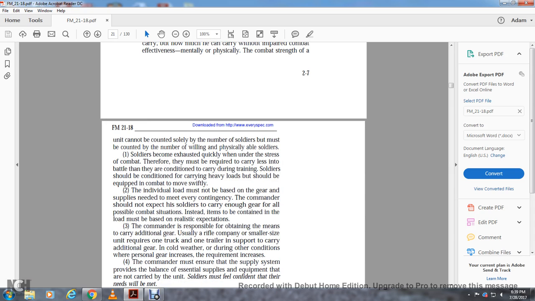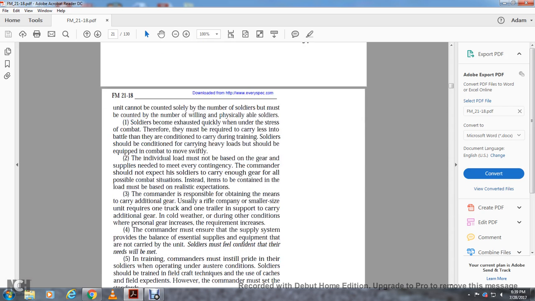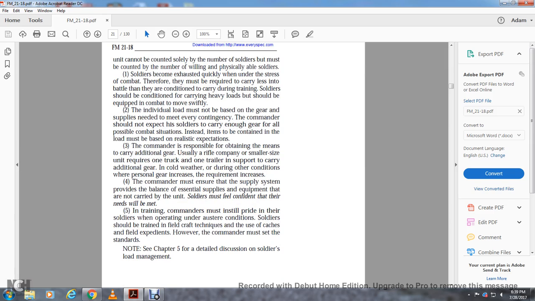Soldiers become exhausted quickly under the stress of combat, therefore they must be required to carry less for battle than the loads they carry during training. Soldiers should also be spared from carrying very heavy loads so that they can move swiftly in combat. The individual load must be based on the gear and supplies needed, but a commander should not expect his soldiers to carry enough gear for all possible combat situations. Instead, items to be carried in the load must be based on realistic